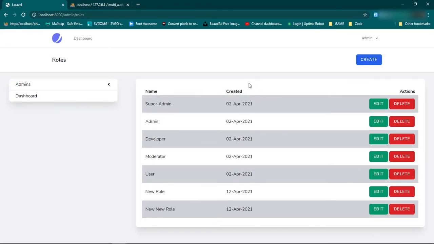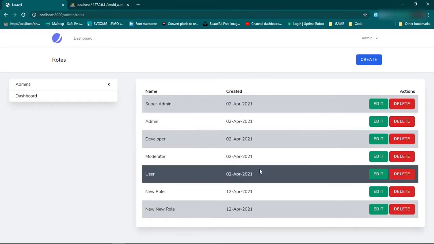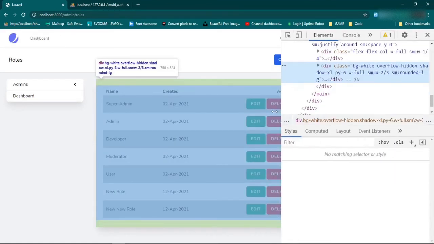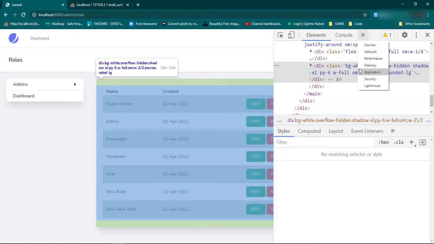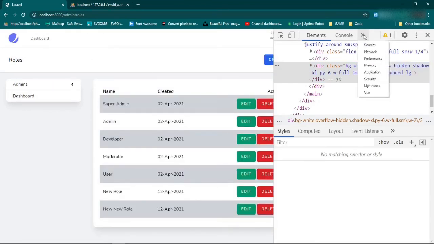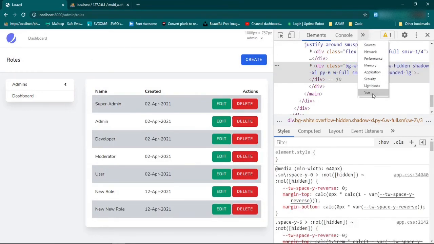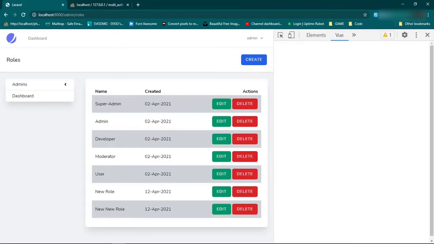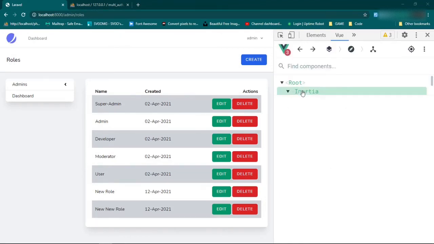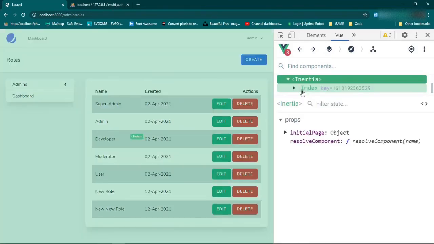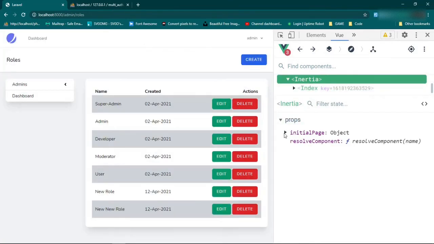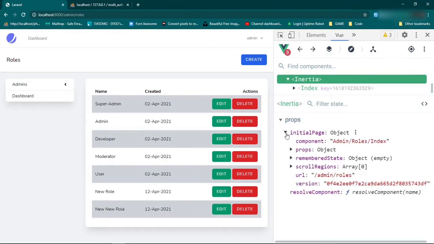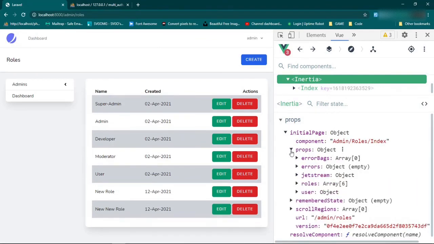But if we open up the inspection tools, and then we open up our view, and then we take a look at inertia. Okay, we look at initial page and props.